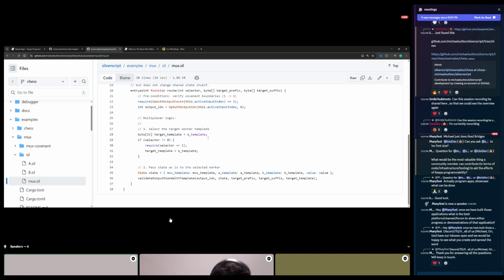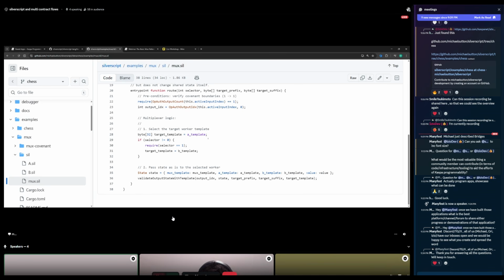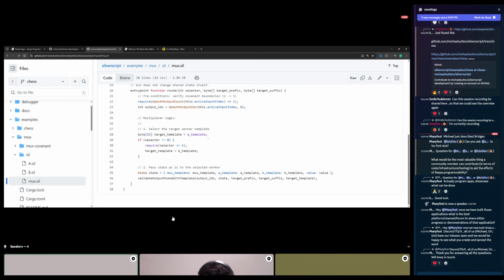So the MUX needs to know A and B. If we had A and B embedded into the MUX, besides the obvious size problem, or if we had A and B hashes embedded into the MUX, then A and B also have to know the MUX, so they have to embed the hash of the MUX itself.